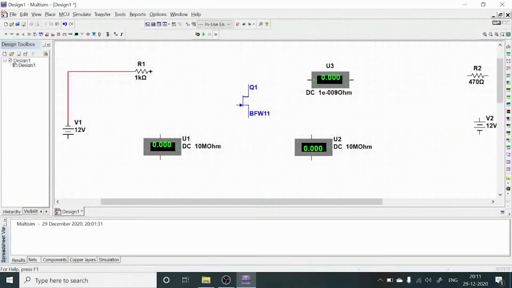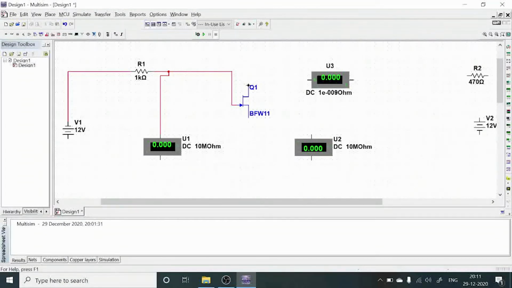Then the resistor another end, means just move the cursor here and hold the left button of the mouse, just drag it here, and it should be connected to gate of your FET here. So hence move to here this point, just press this one, automatically a connection is established. And across this gate we need to connect the voltmeter negative terminal. Hence I taken the wire from this voltmeter negative, and this negative is connected to this gate terminal.